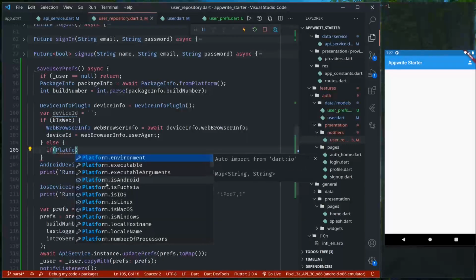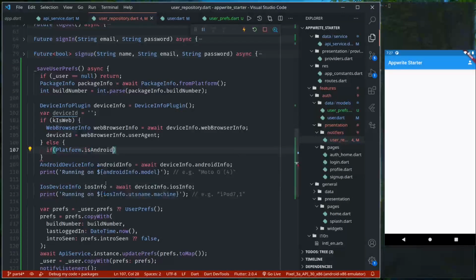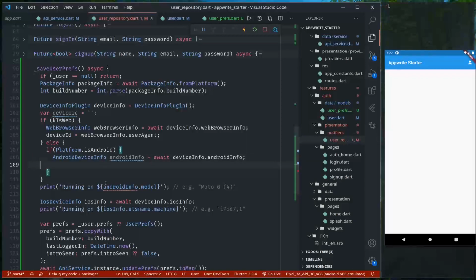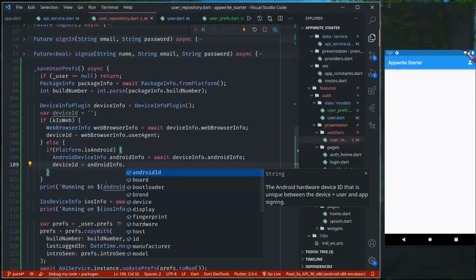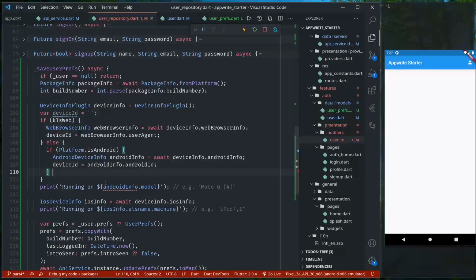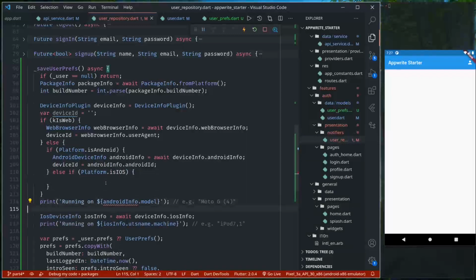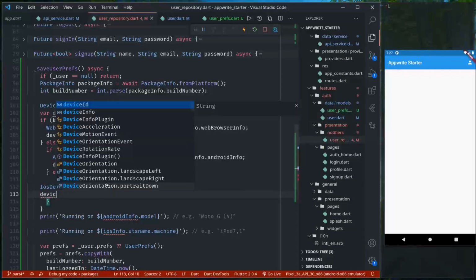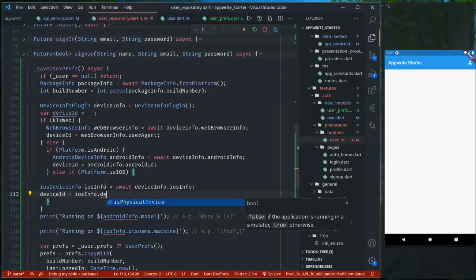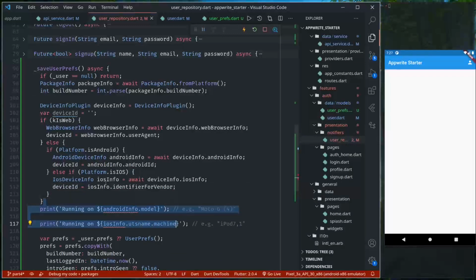if the platform is Android, we can use Android info, and then here device ID will equal Android ID, hardware device ID. Okay, this. Else if it is iOS, we can handle this using iOS info equals info dot identifier for the vendor. Okay, let's remove these,